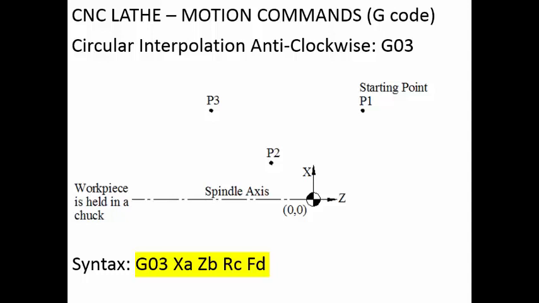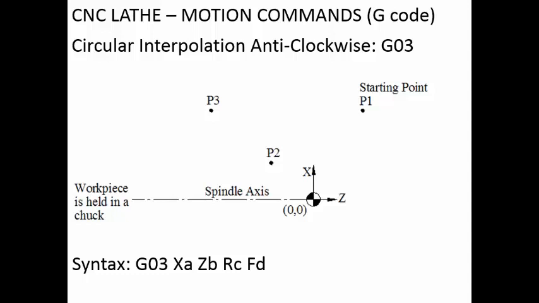So that is another thing we have to remember, whether it is G02 or G03. Half the distance between the 2 points, that should be the minimum radius which is required to move from one point to another one. Next one is the D, that is the feed rate at which we want to travel from the starting point to the ending point.